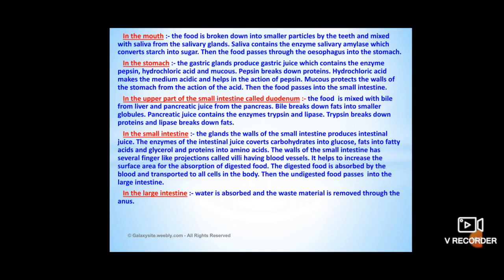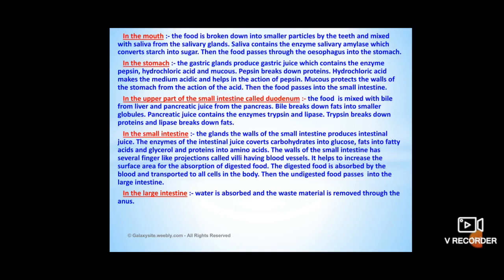And then after proper mixing of gastric juice, pepsin, hydrochloric acid and mucus enzyme, the food passes into the small intestine. The process of actual digestion takes place in the small intestine only, children. See here, when the food enters the small intestine,